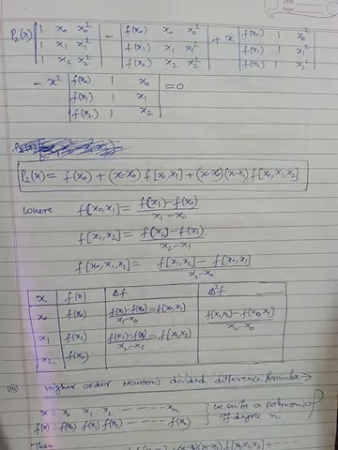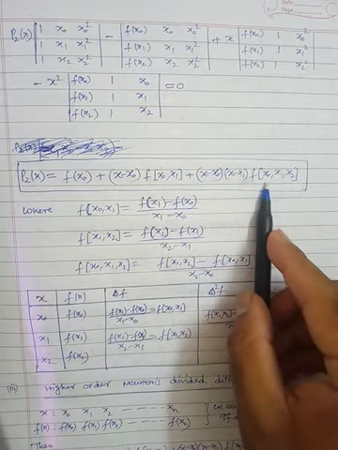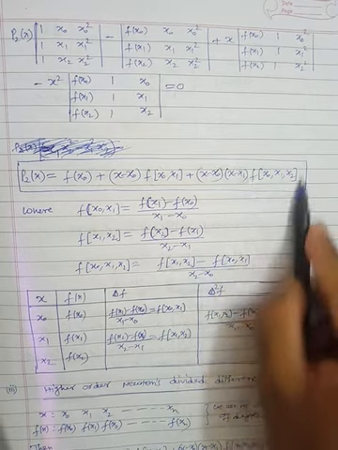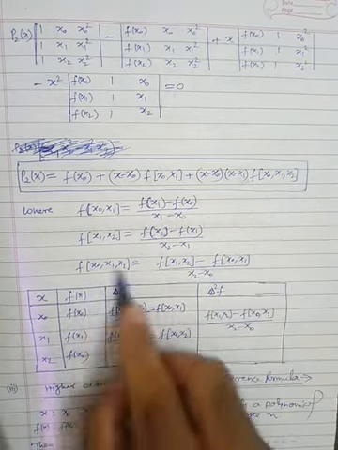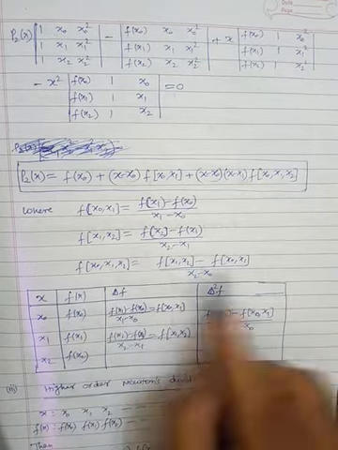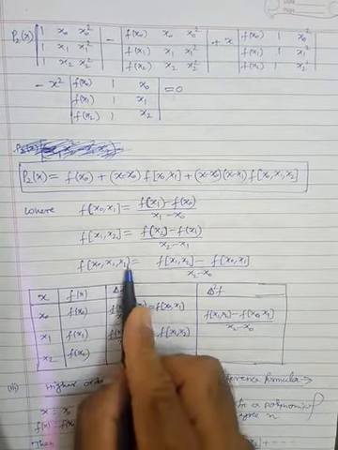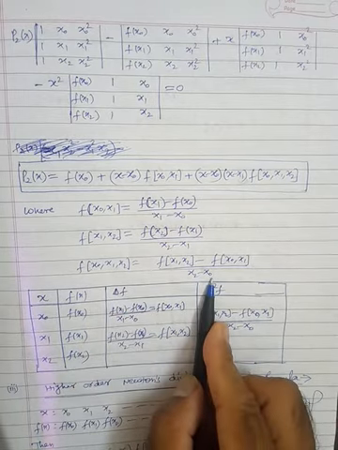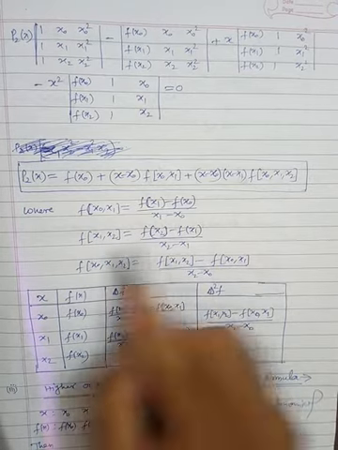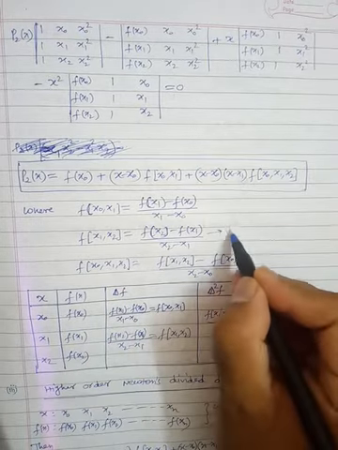Here is x naught x1, here is x naught x1 x2. In the next term, if you want to construct, for example, a cubic polynomial, then there will be a term f of x naught x1 x2 and x3. That means third order difference. Fine. Now what is the value of this? The value of this is f of x1 x2, that means last two indices minus initial two indices, divided by last minus first, x2 minus x1. Now the value of this is calculated here, which is nothing but f of x2 minus f of x1 divided by x2 minus x1. That means these are the first order